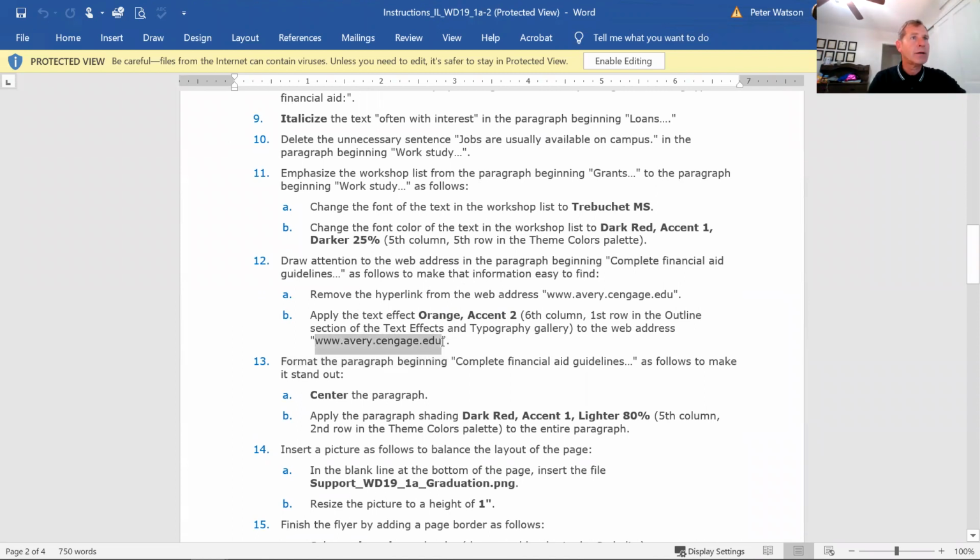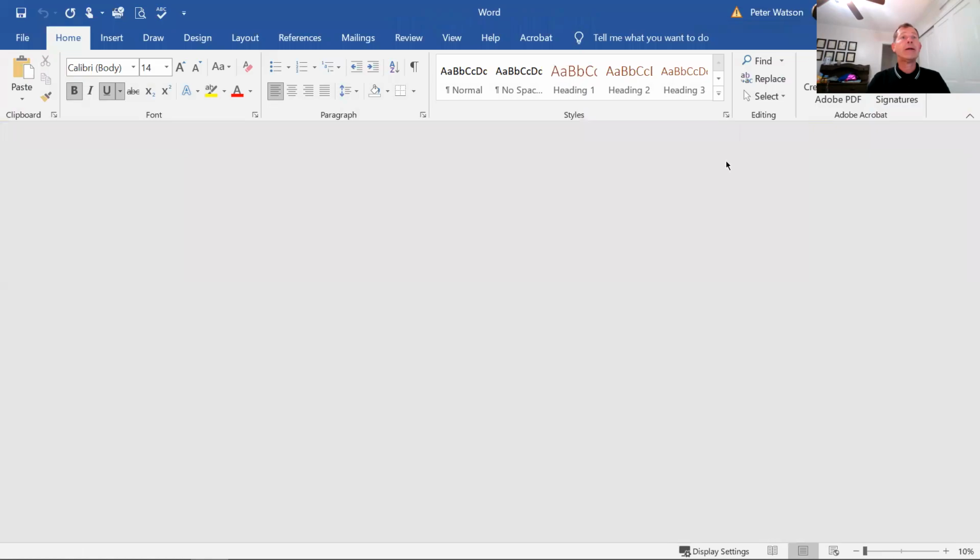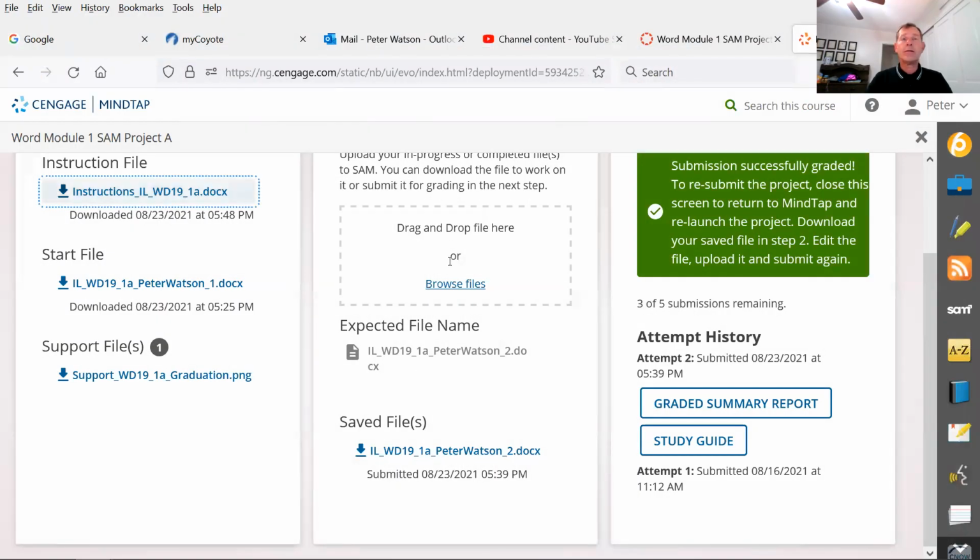12B. See, you only want to highlight what's in between these quotation marks. And so it's picky about if there was a period in here, right, then you would include the period when you highlight it and change it. If there isn't, don't. So be careful, because it'll mark you wrong for that kind of stuff. So there you go. It's just doing that over and over again and uploading it, viewing the graded summary report,